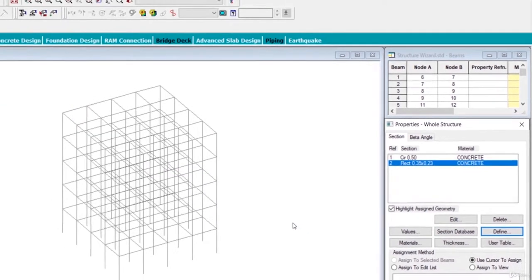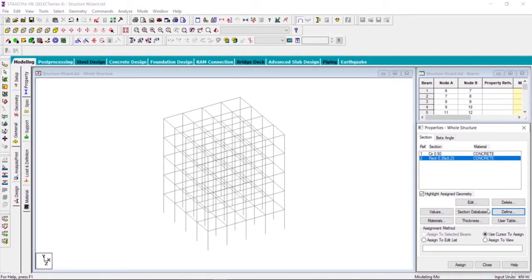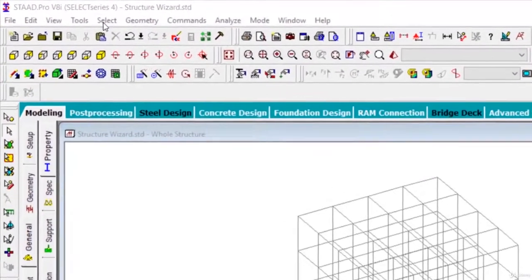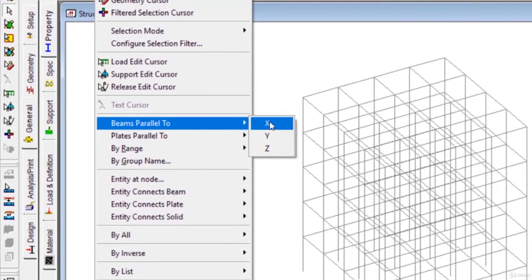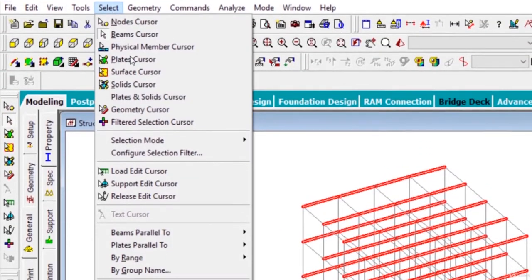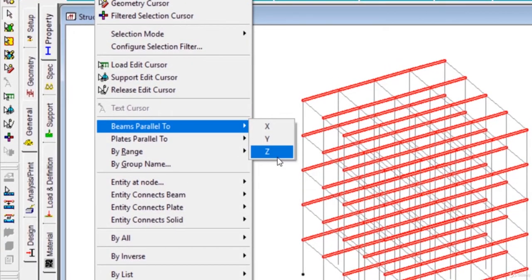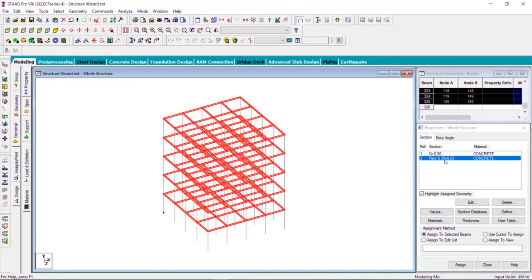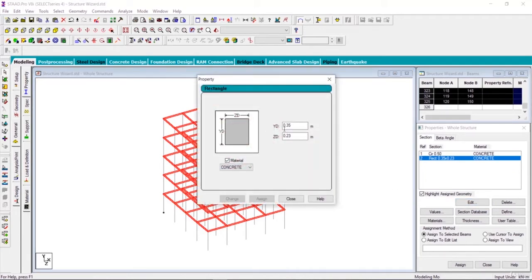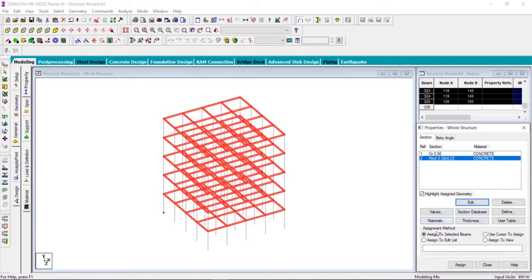After that close this. Now what I'll do, I'll assign these sections to my structure. For that, first select the beams, go to select menu, and after that go to beams parallel to and select beams parallel to X, and also select beams parallel to Z direction as well. Now you have selected the rectangle 0.35 by 0.23. Let me first make an edit here. YD is 0.35. Yeah, it's okay. And choose option assign to selected beams and click on assign